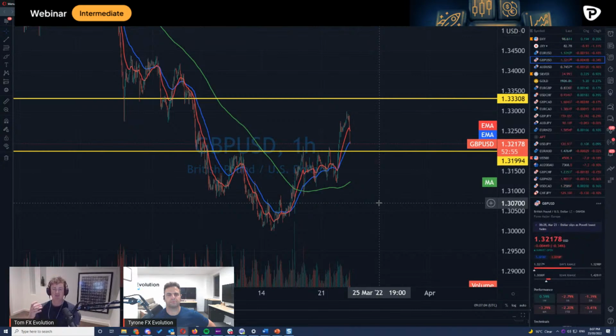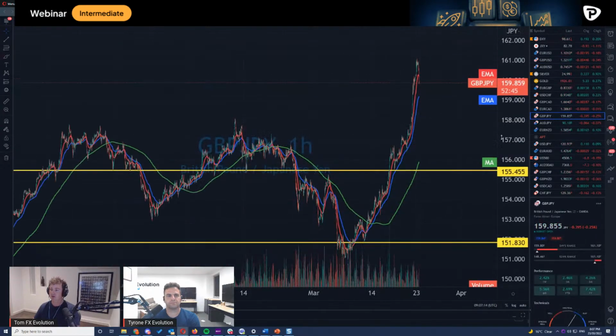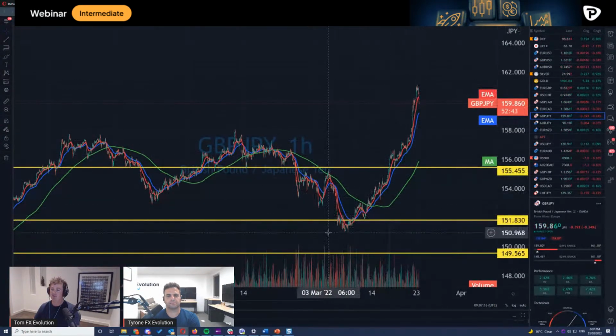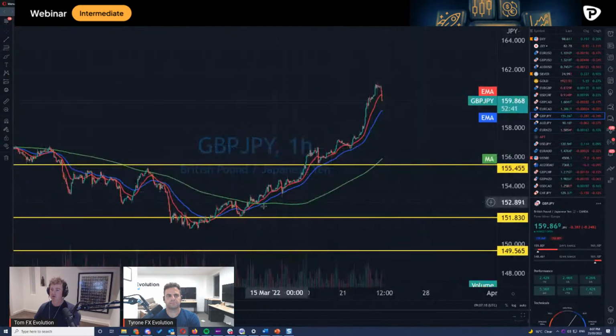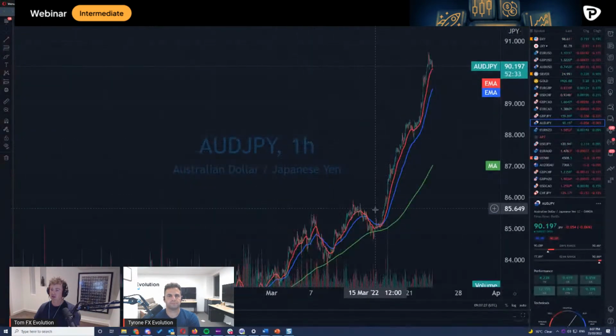So, when we think of the idea of basketing a currency, what you're really doing is trying to figure out which one is stronger versus the other one. So, let's have a look at some yen pairs in recent weeks. You've got here the pound very strong versus the yen. The yen obviously weak up until this point over here. You'll notice this huge strength that's come through. If we go and look at the Aussie, even stronger. Look at that vertical movement.